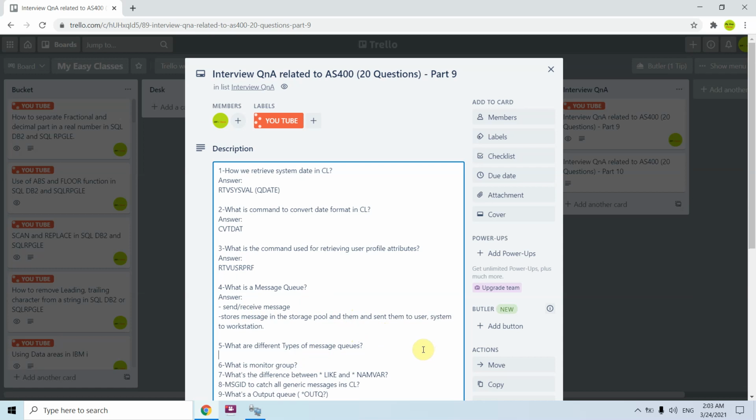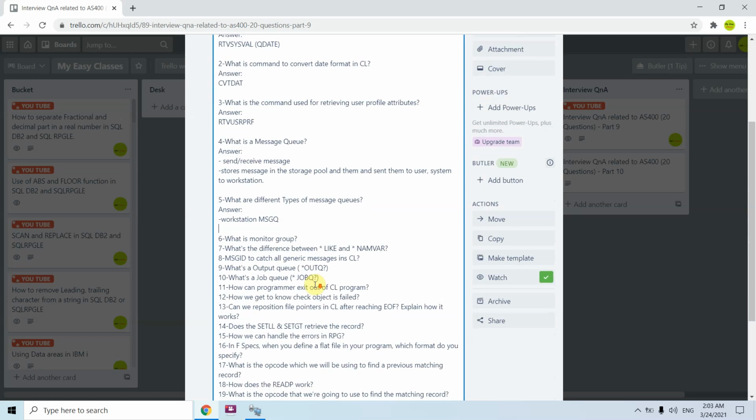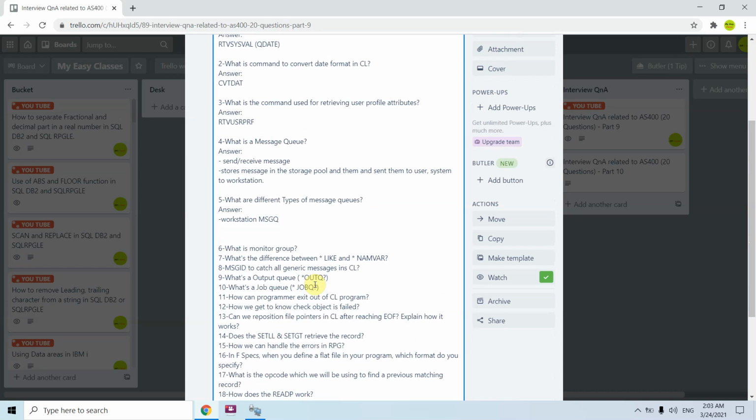What are the different types of message queues available on IBM i machine? As I said, the messages are stored in the storage pool and they would be sent to user, system or workstation. So the message queues are different for each of them.